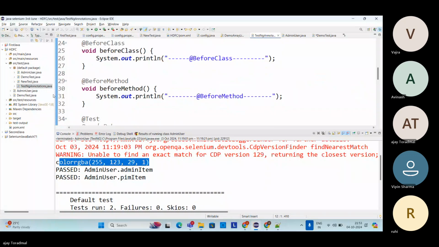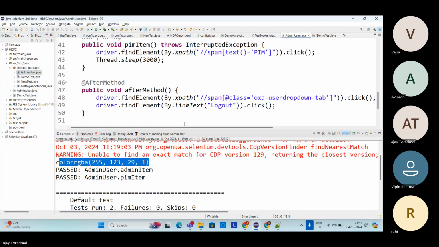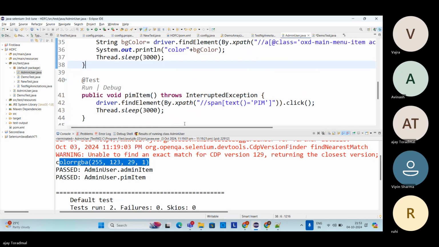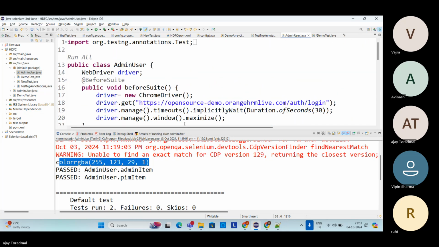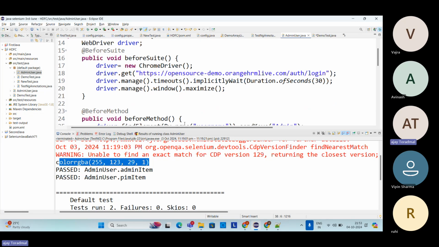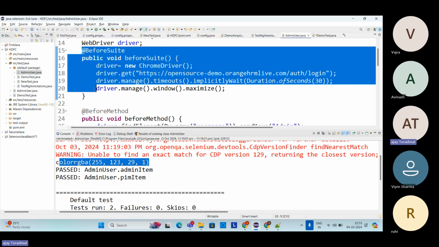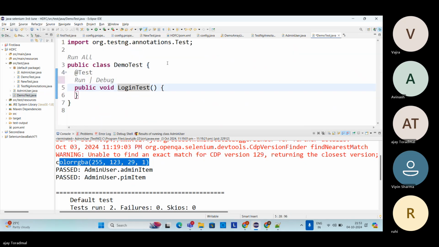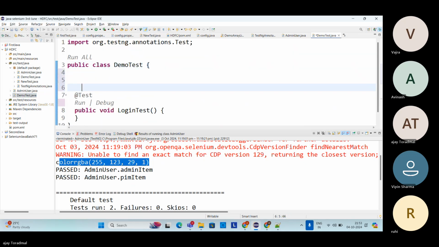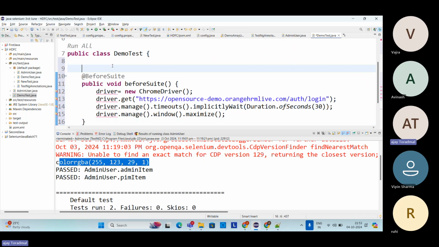So okay, so before suite, we have added this. So let's add the before suite here. I'm adding this before suite and then